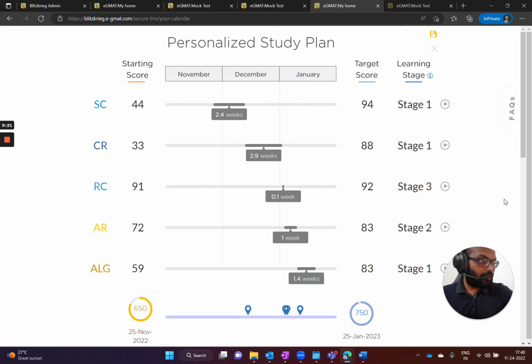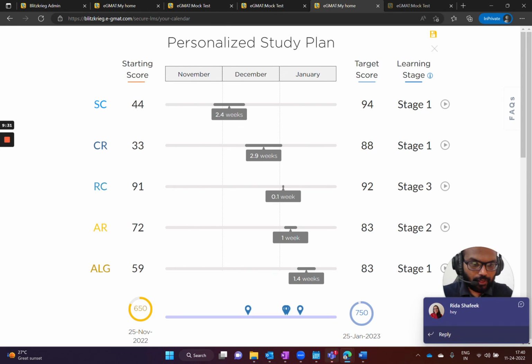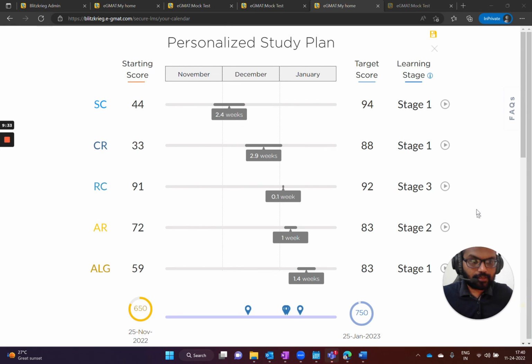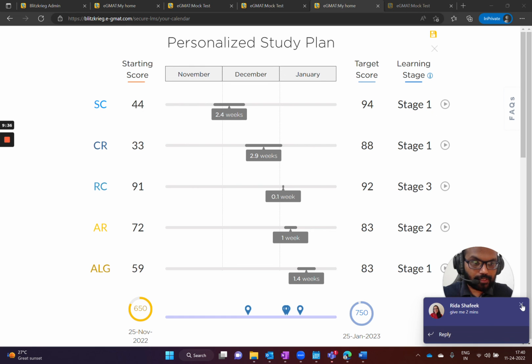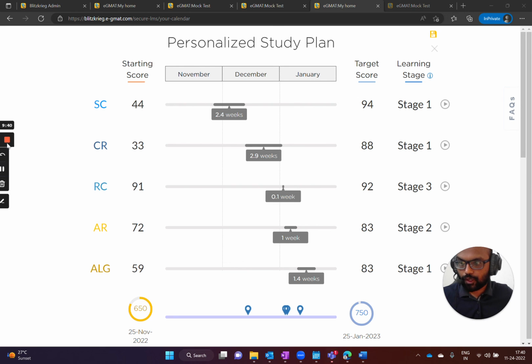And last but not the least, the sixth point, dedicated mentor. Throughout this journey, it looks overwhelming, so many data points, so many targets, so many things to do. A dedicated mentor is always at your disposal to help you understand whether you are doing things in a proper way or not, whether you are making any mistakes or not. So you should regularly reach out to your dedicated mentor and check in to figure out whether everything is going on smoothly, or if you're making any mistakes, or if you're not achieving any targets, you should reach out to your mentor, and your mentors would actually do the